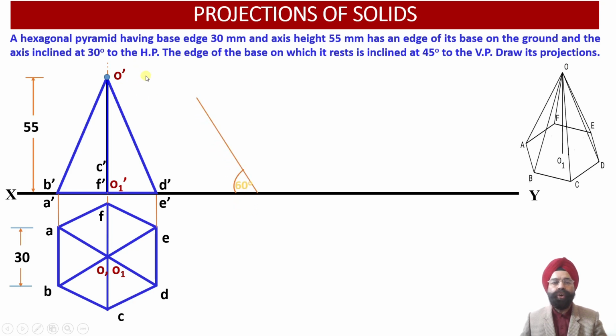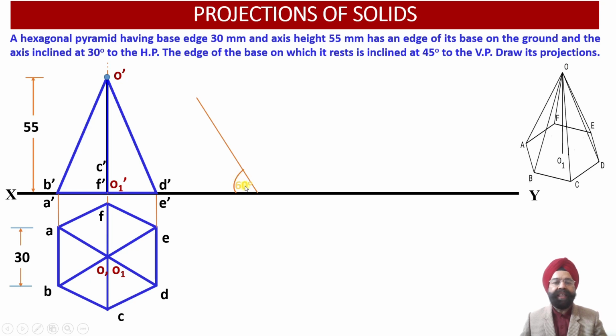So what we have to do, these front view elevation projections which we have obtained for the right hexagonal pyramid resting on its base onto the ground, we now have to rotate or transform in such a way that the edge D dash E dash should be resting over here onto the ground. Now the base of this hexagonal pyramid should be inclined at an angle of 60 degree with respect to the horizontal plane, such that the axis will be inclined at an angle of 30 degree with respect to the horizontal plane. So to begin with,